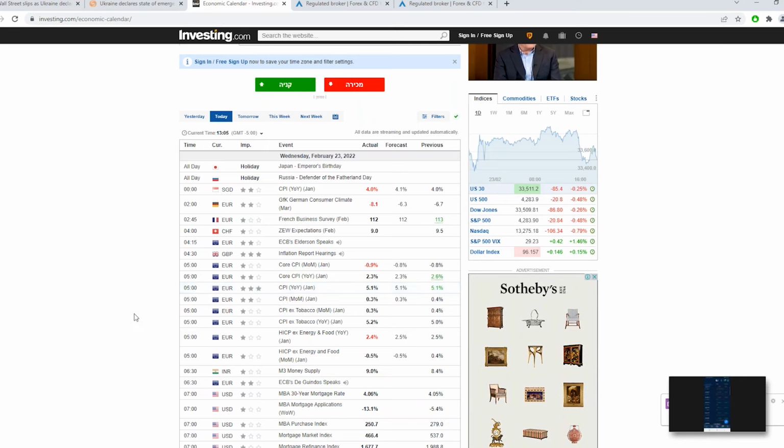We don't know for sure, but that's what the markets are reading right now. A lot of fear on the markets. The day started out today, by the way, with some positivity. The markets were bouncing, cryptocurrencies were bouncing along with it, with some hopes from both sides that maybe there could be some more talks, that maybe diplomacy could work after all.